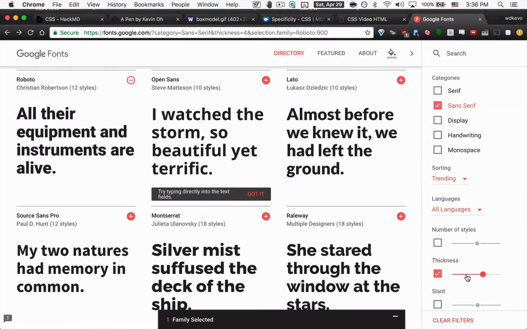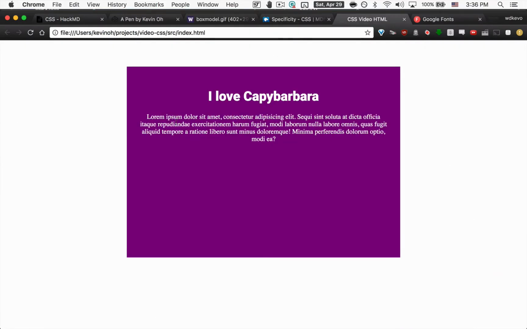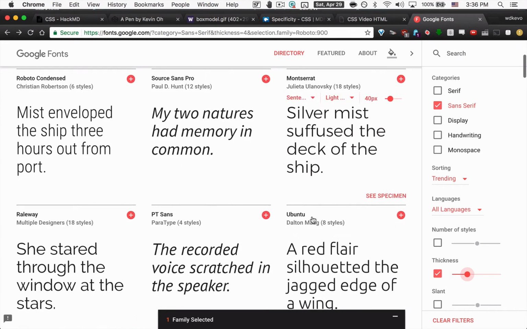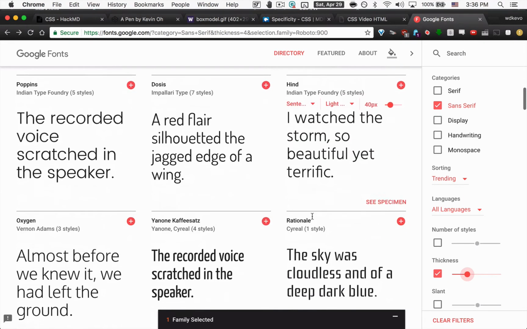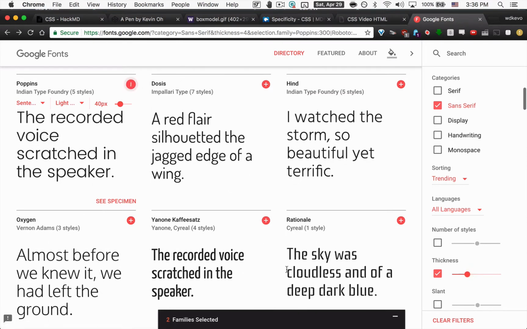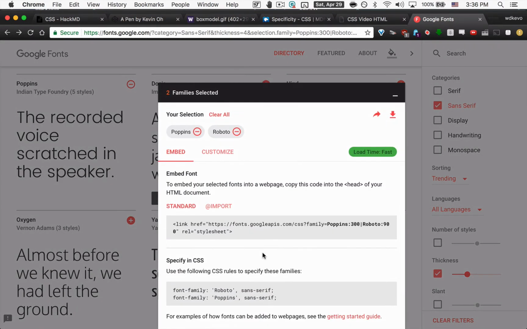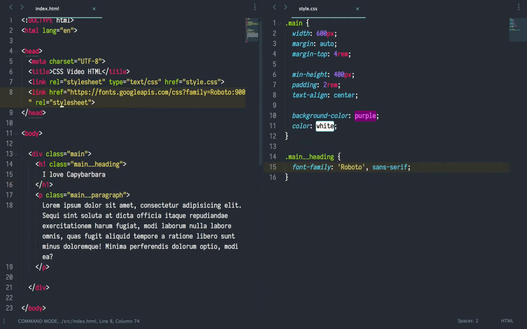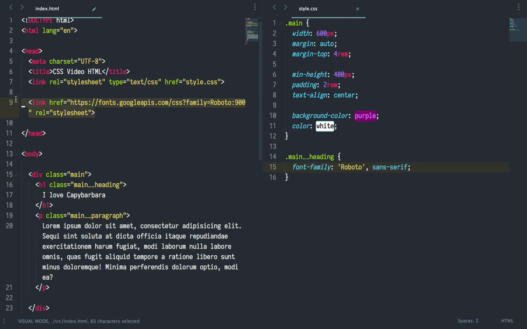our paragraph font. So now that we have the heading styled, I want to style this part. Let's choose something. This one looks okay. I'm just choosing one randomly. All right. Now, here's the thing with more than one selector. Previously, on this heading tag, we copied and pasted this part right here. And you'll notice if you look at it, it says fonts.googleapis.com, and then the name of the font that we wanted was Roboto with 900 font weight, which is